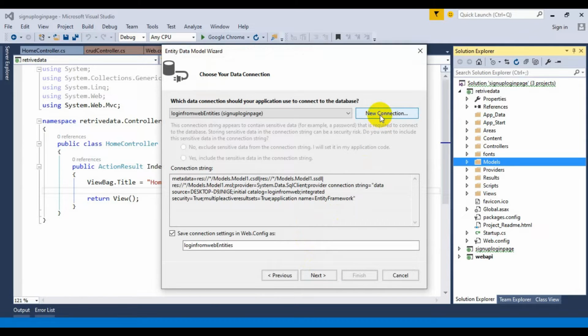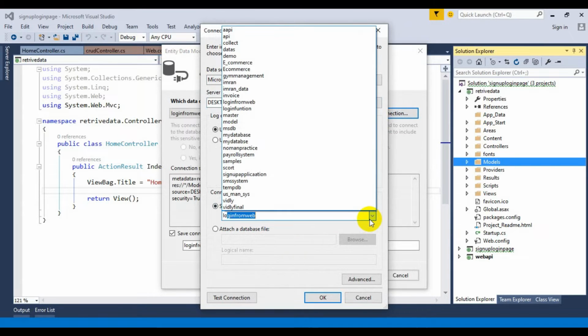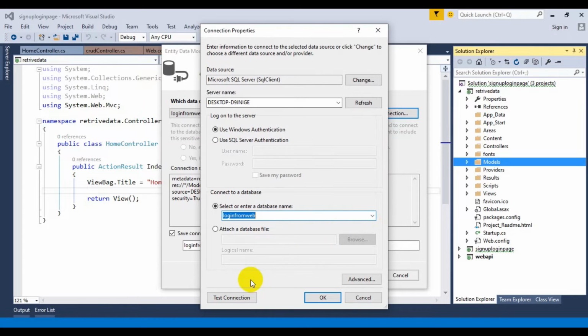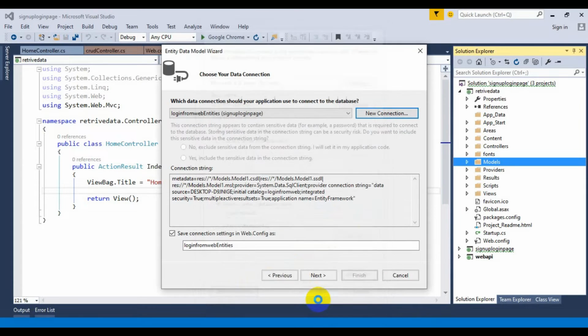Select new connection, put the name here, and select the database, login from web. Check out the test connection first. It succeeded. Click OK, and click next.